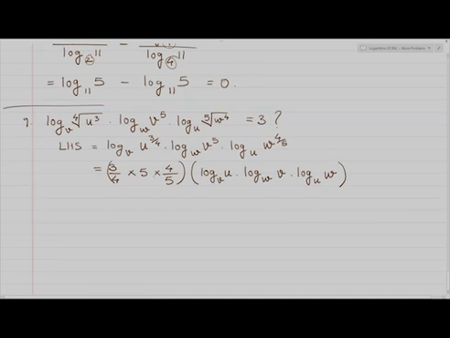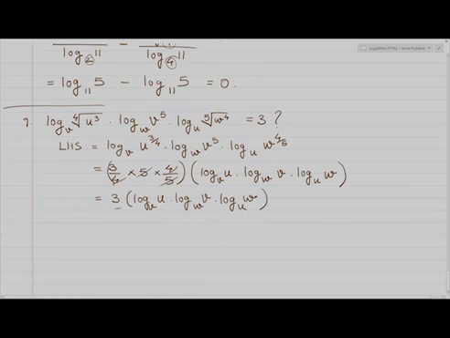Now if you look at the coefficients term, 4, 4, 5, 5 getting cancelled. So I am getting 3 into log of u to the base v into log of w to the base u. How to simplify this? The only answer is change of base, and I think I got the coefficient here. So my guess is this answer should be equal to 1. Okay. So how will I get that?